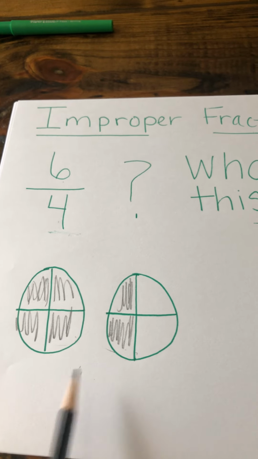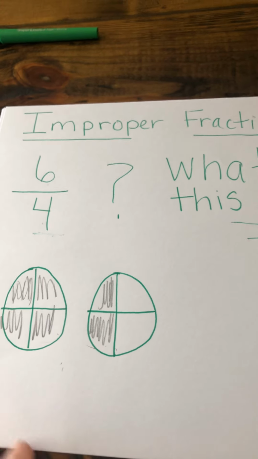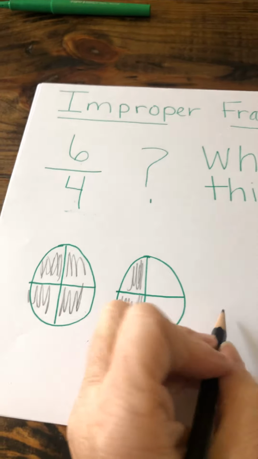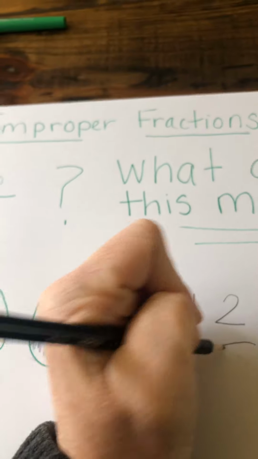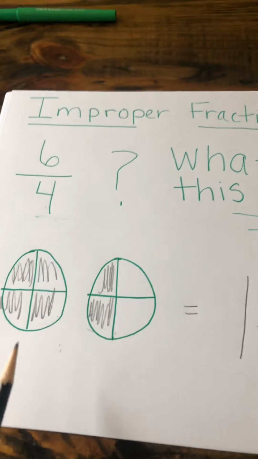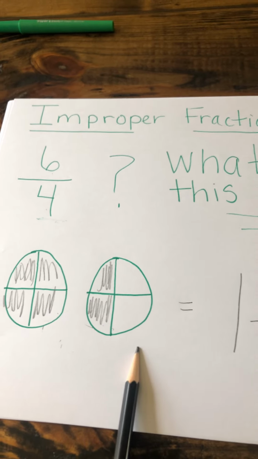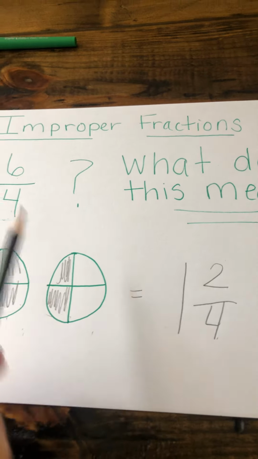Doesn't that also look like something else we've been doing? Like mixed numbers? So this also equals 1 whole and 2/4. So 1 and 2/4 is the same